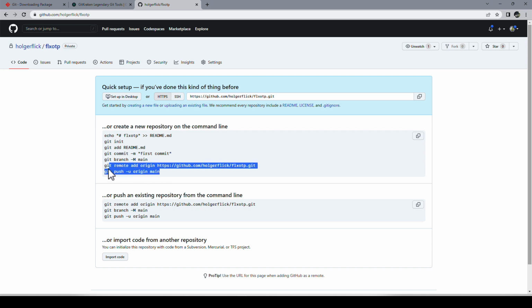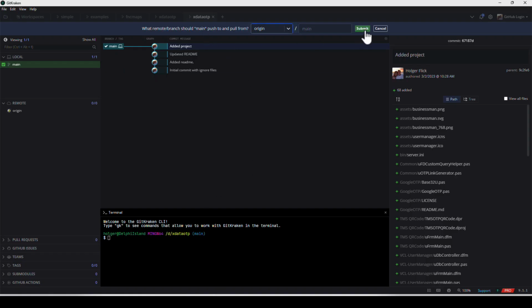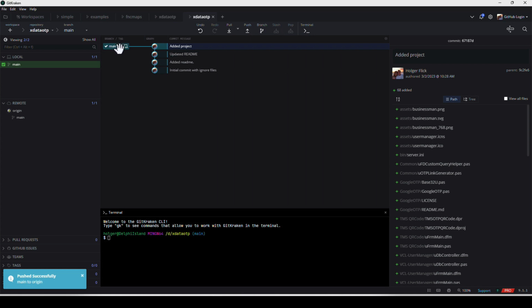This is what main will be on origin, okay? It's more complicated using the console, definitely, and this makes it easier. Just click submit, and now we see that the icon here for the server and for the local machine are both here. So the server is at the same stage as the computer locally is.